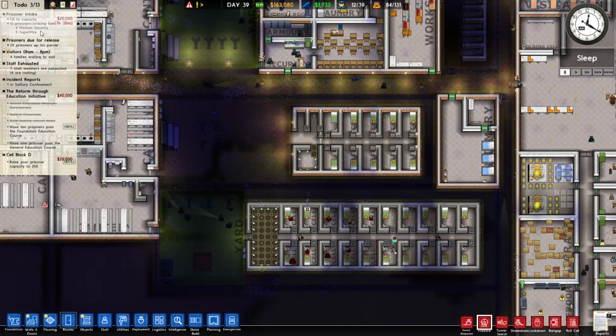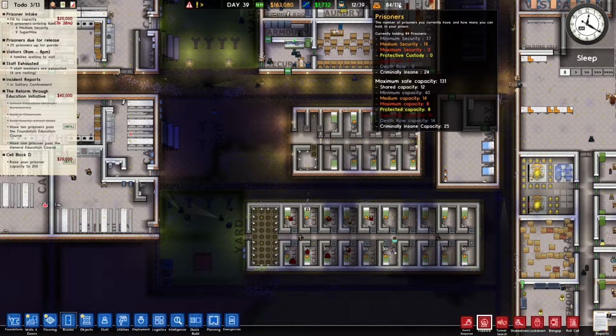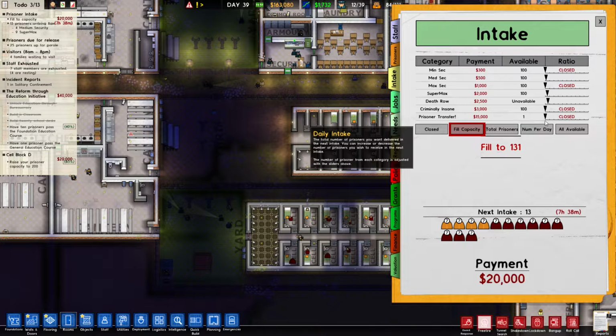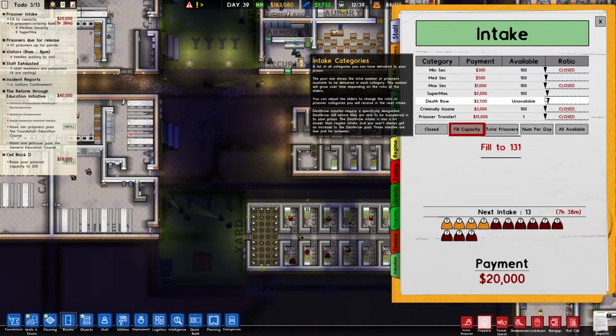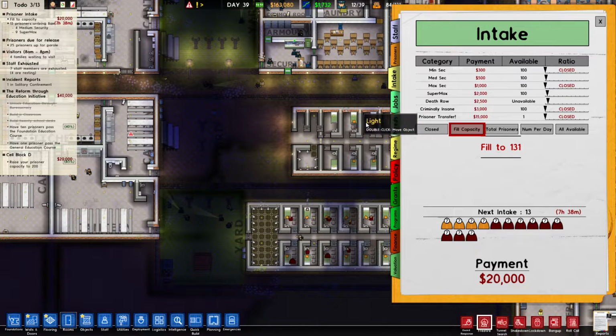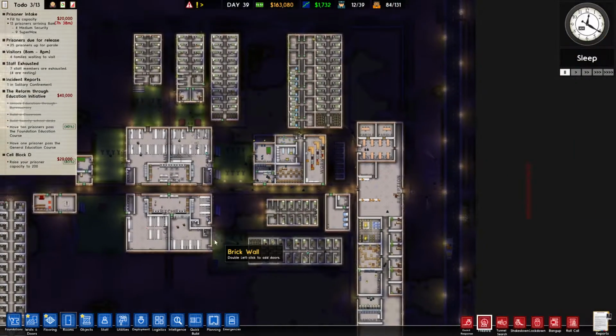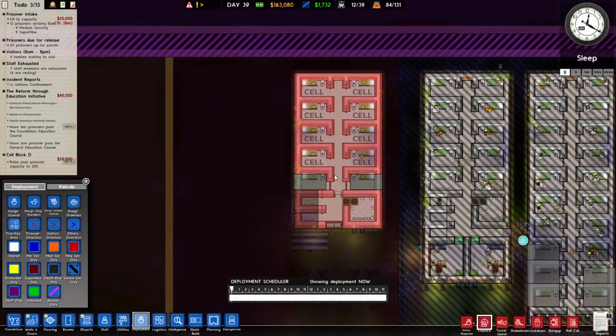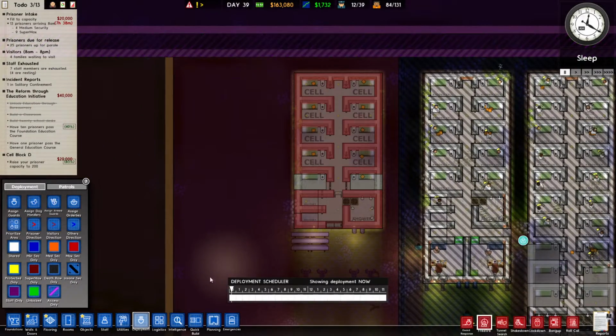Why 9 SuperMax prisoners? 4 medium, 9 SuperMax? Why? Our SuperMax capacity is only 10. So really you shouldn't be intaking that many because we don't have room for them. Where do I have some kind of funny deployment? Let's just have a look at our deployment over here. Ah, is this now SuperMax? Or is that